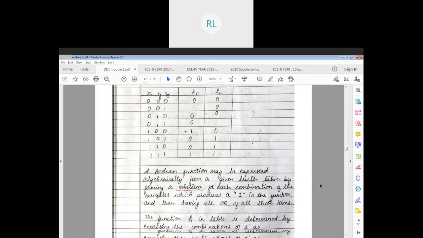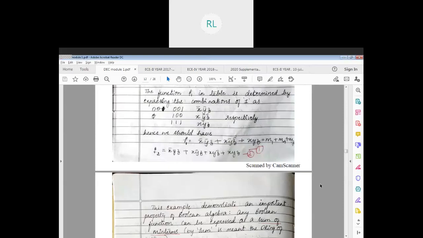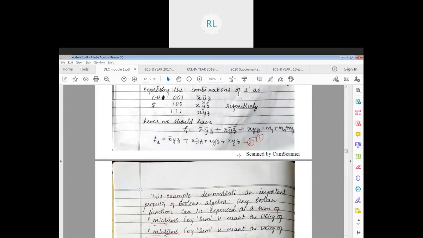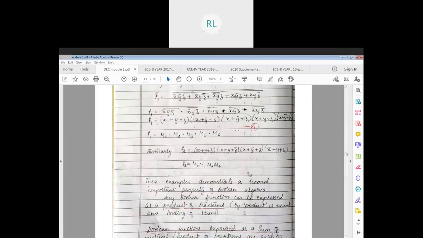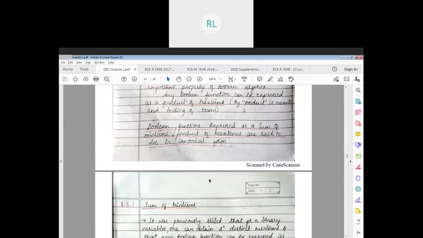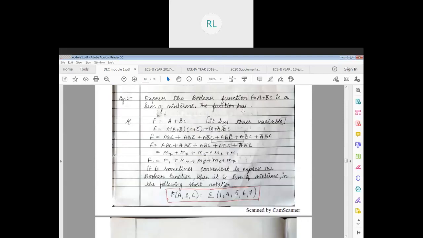So this is what we saw yesterday, and then we try to code them in the form of x bar or probably only x if they have a high term or 1, and if it has a 0 then we put it with bar. Okay, and then we used negation, which means we complemented them and converted them into max terms, right? And then we saw an example of an equation was given, and then to this equation we wanted to bring